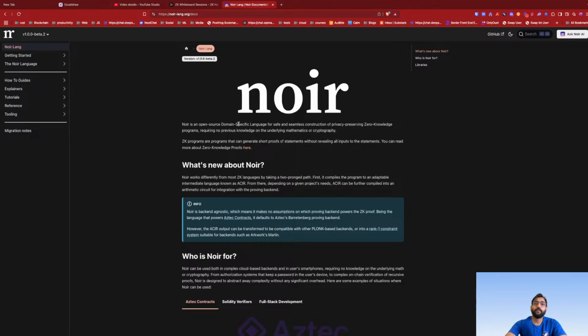Okay, Noir is an open source domain specific language for safe and seamless construction of privacy preserving zero knowledge programs, requiring no previous knowledge of the underlying mathematics or cryptography. ZK programs are programs that can generate short proofs of statements without revealing all inputs to the statements. You can read more about ZK programs here.